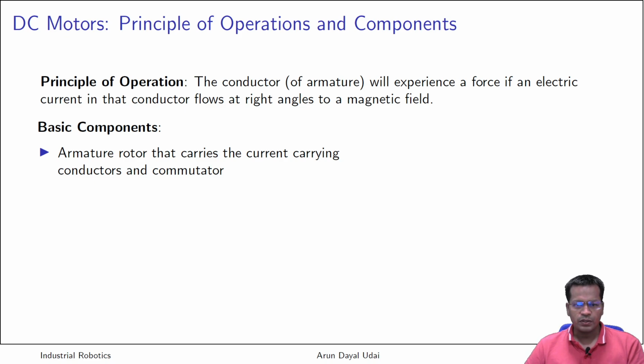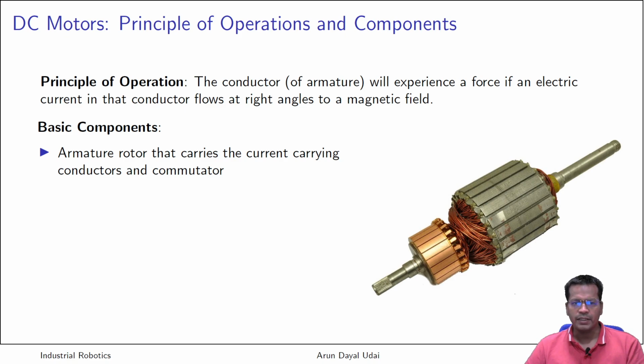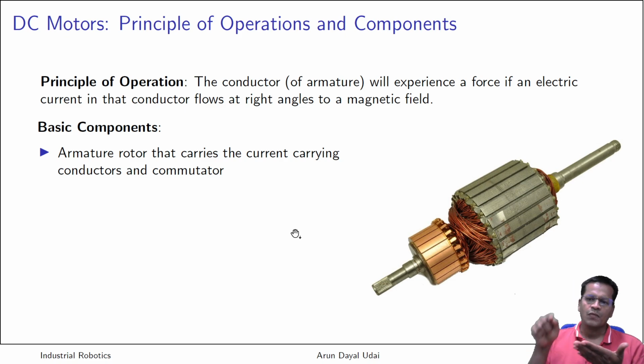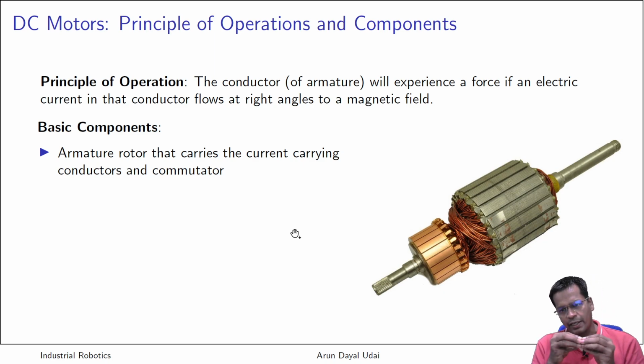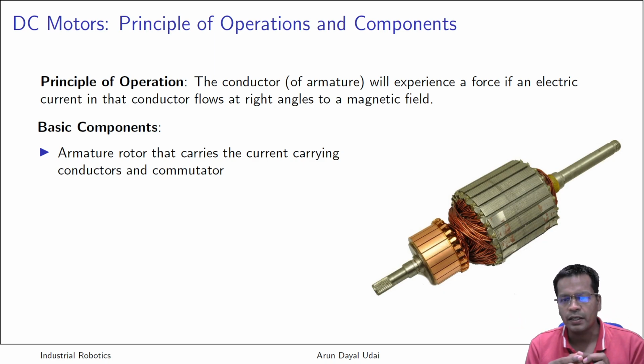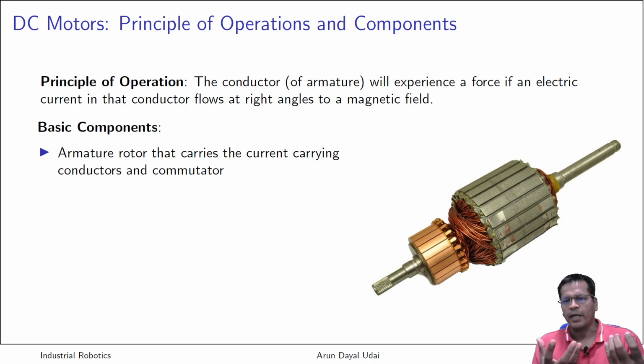Armature. First of all, that is an armature. Armature looks like this. What are the things which are there? It basically has current conductors. Current conductors are visible here as copper windings. These copper windings are laminated wires which do not touch one upon the other; rather, they are compactly wound so as to create electromagnets. It is similar to electromagnets. So if you supply current to them, it will create small magnets.